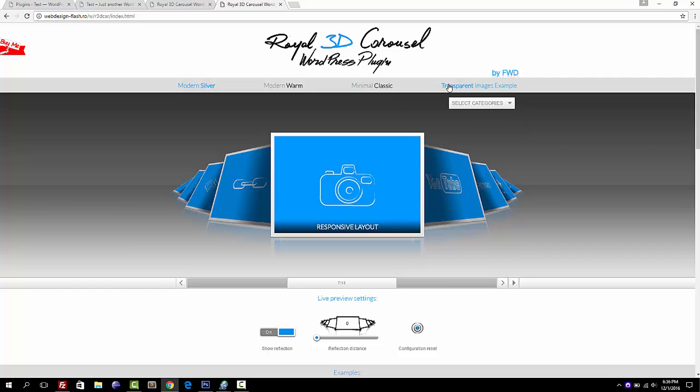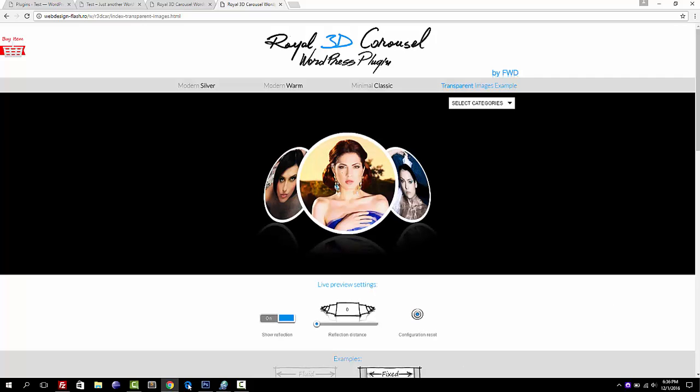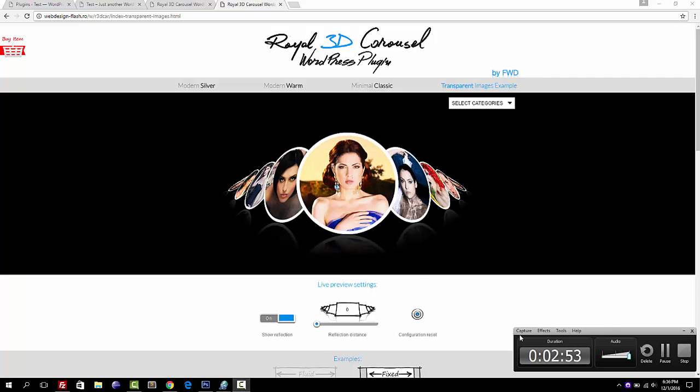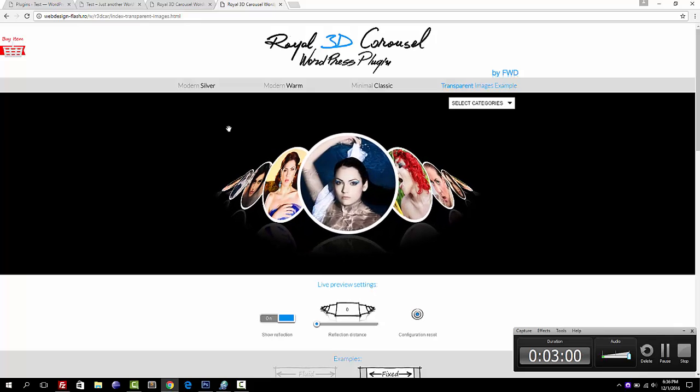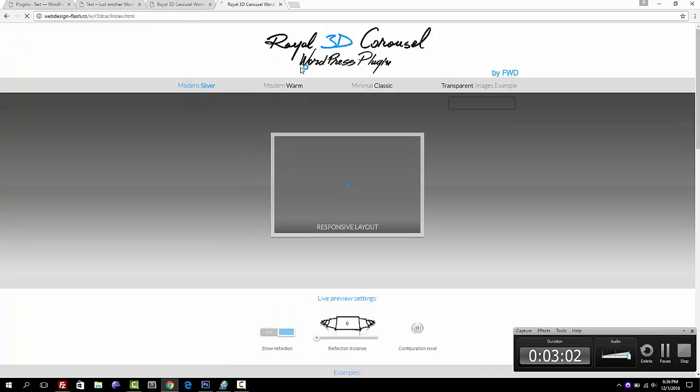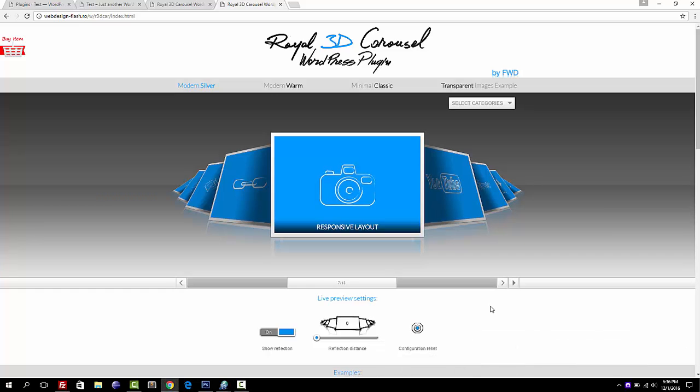Also, it supports transparent images. Maybe you need this type of display. These are PNG files. So yeah, this is a short description of this project, but there is so much more behind it that I could speak an entire day about all its features and options. Okay, so to install it in WordPress,